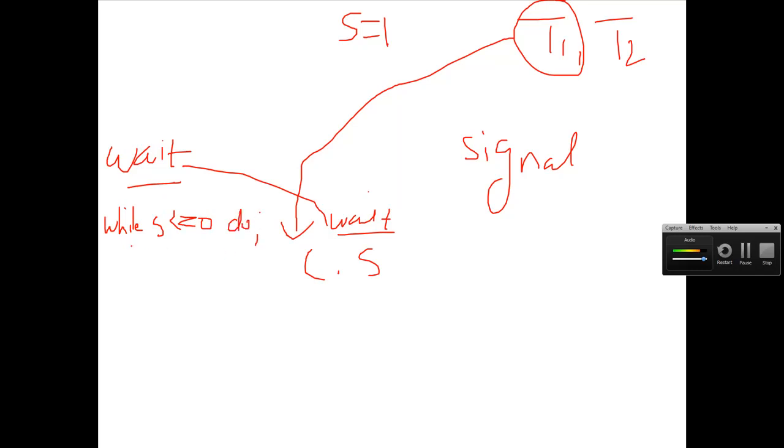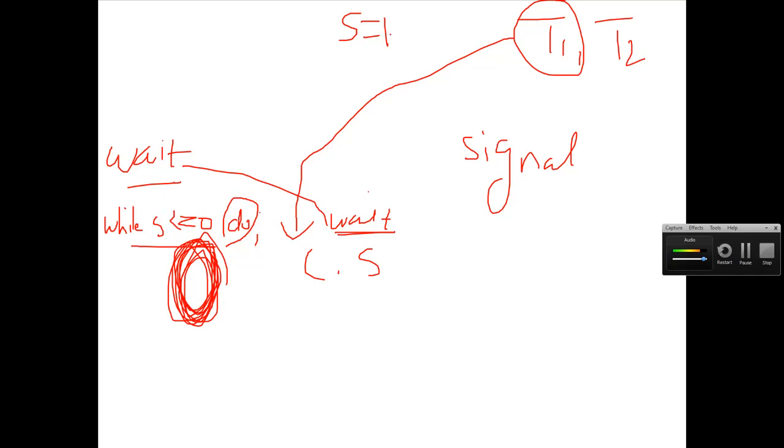So what this statement means is that, say T1 wants to go into the critical section. Before it goes to the critical section, it calls the wait method. In the program I showed you that in Java we call the acquire method, right? Acquire and wait are the same. So in the wait method, the value of s is checked, whether it is 0 or less than 0. If it is, it would end up in a loop, executing the while loop continuously.